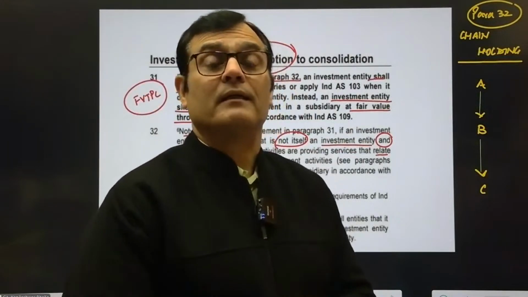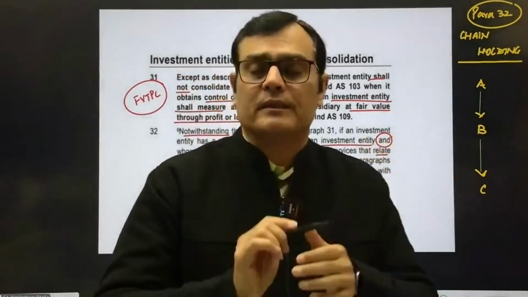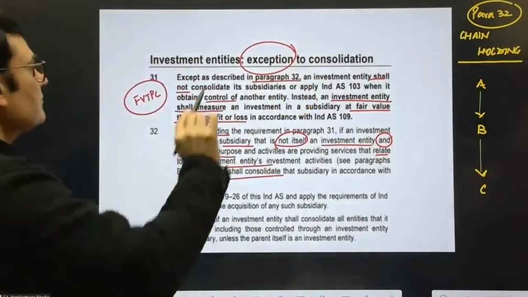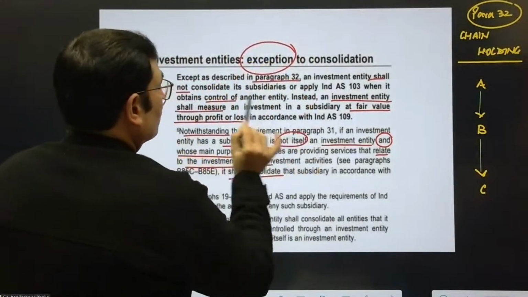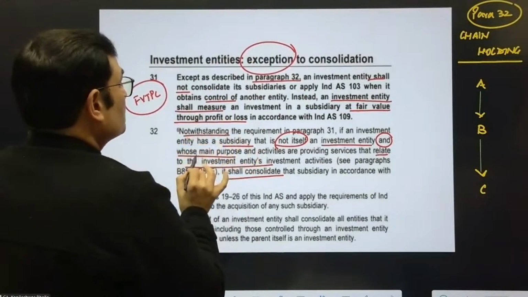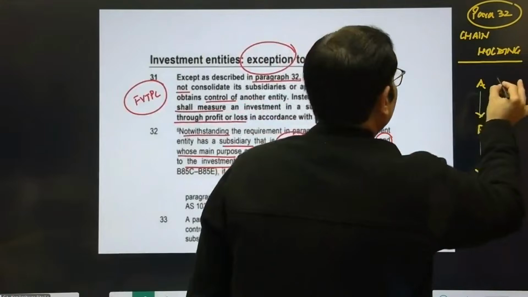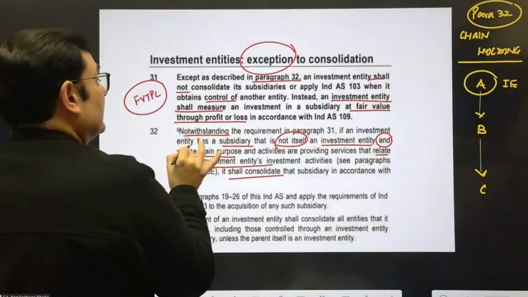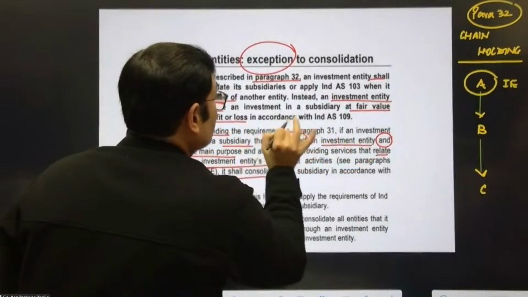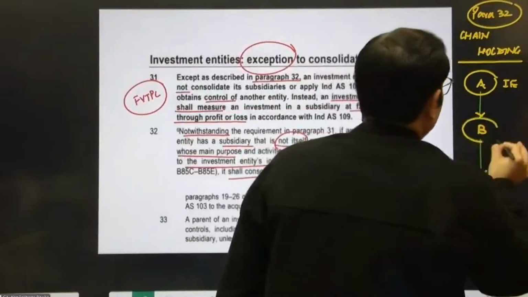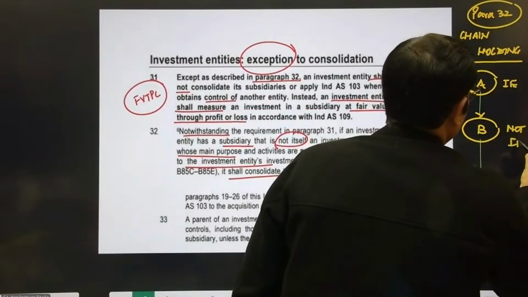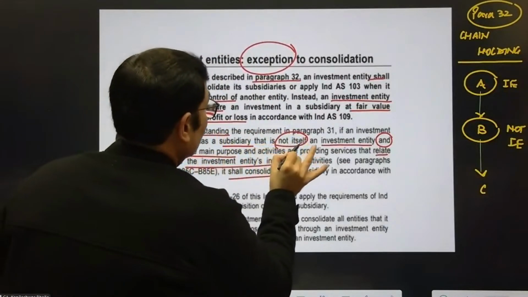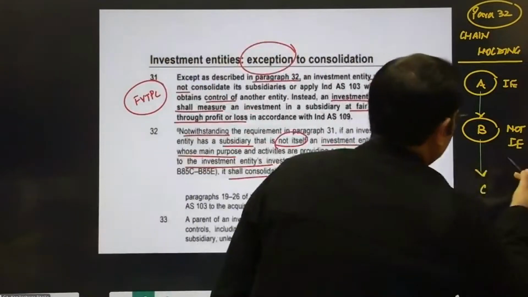Now, let's read the para again, and we're going to develop a 3-step model. I'll document that later, not a problem. So what it says: notwithstanding the requirements of para number 31, if an investment entity has a subsidiary, let's say A is an investment entity. So it says if an investment entity has a subsidiary that is not an investment entity. So B is not an investment entity. So you've got a subsidiary that is not an investment entity, and there is another condition, and